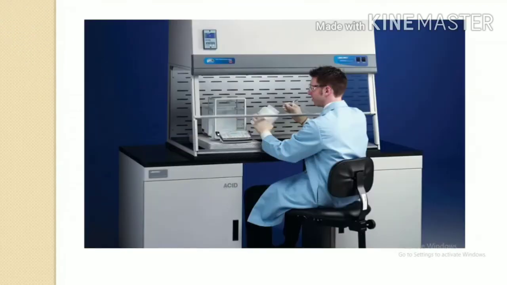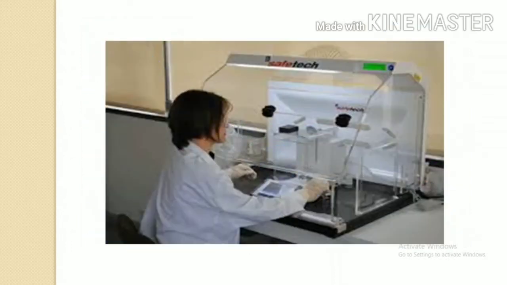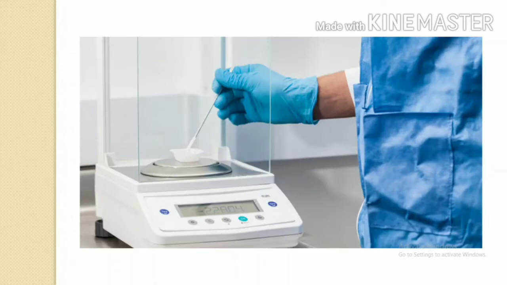This is the diagram of one man. When we weigh something, there is an enclosure on the left side, right side, bottom and top, so that environmental and temperature control is maintained during the weighing, and proper handling is also important during the weighing. This is the next diagram, and this is the proper handling technique for analytical balance. Here one man wears a mask and gloves during weighing and uses a spatula to weigh a measure of a particular substance.